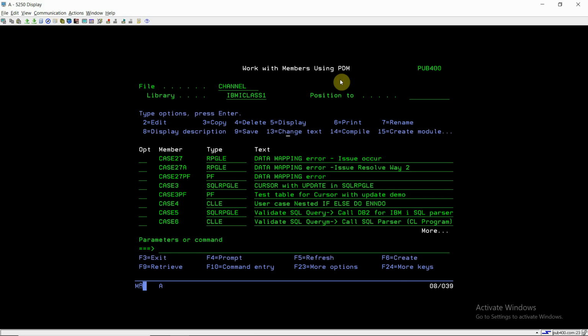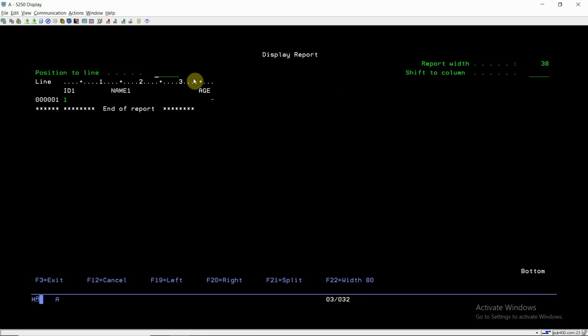Here I can see that I am able to recreate this error. I am getting the data mapping error because of the null value in the field age, this one.